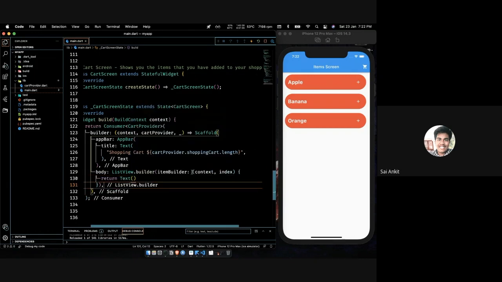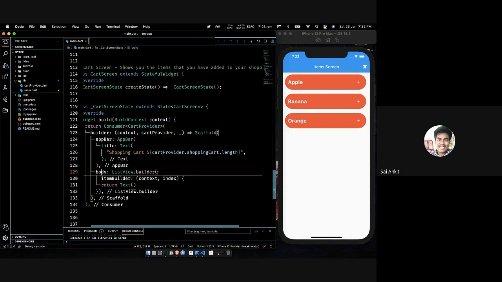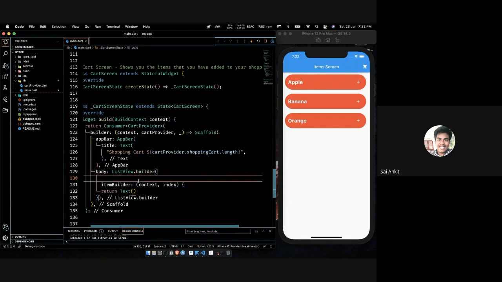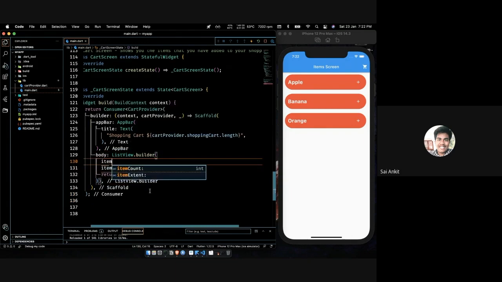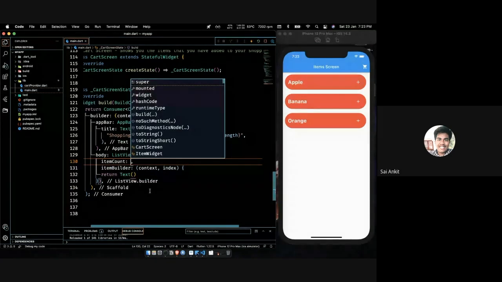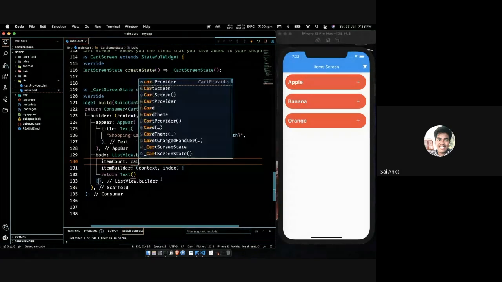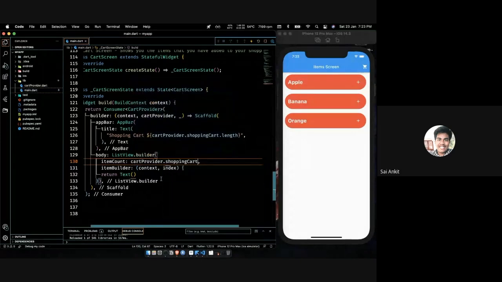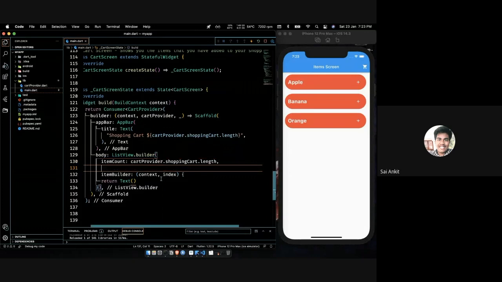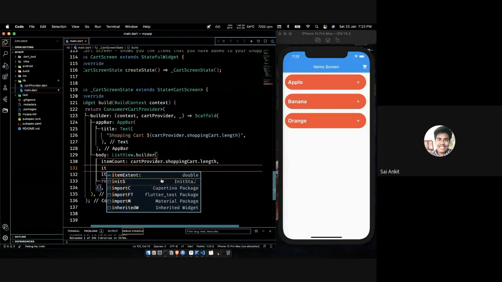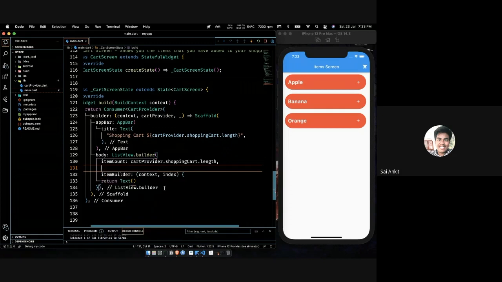Okay, so before that we also need to include some more parameters in ListView.builder, which would be the itemCount. How many items are getting added? The itemCount would be cartProvider.shoppingCart.length, right? Yeah, we are only adding an itemCount, and inside this text we'll add something like the text would be